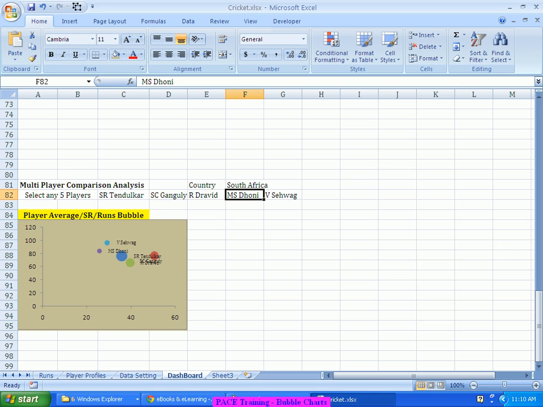So player wise bubbles can very well be created, and if required I can even make it as Sri Lanka, where I'll get different kinds of bubble, or Zimbabwe, I get a different bubble. So across all these countries, I'm getting different kinds of bubbles for each of the players. So this is the basic preliminary version of the bubble chart,